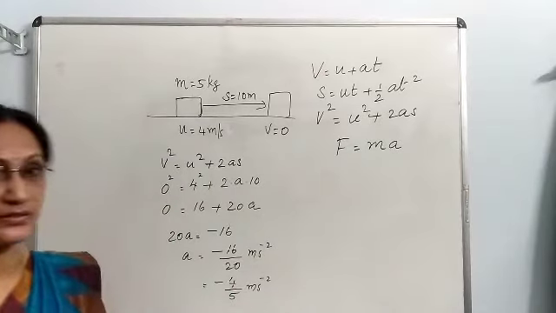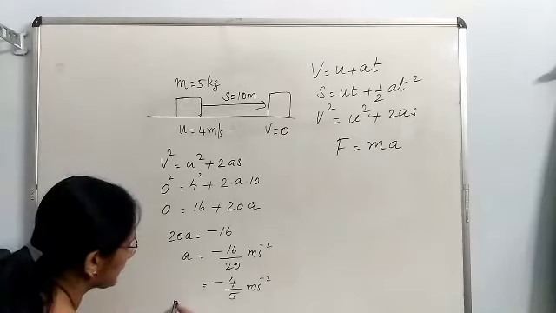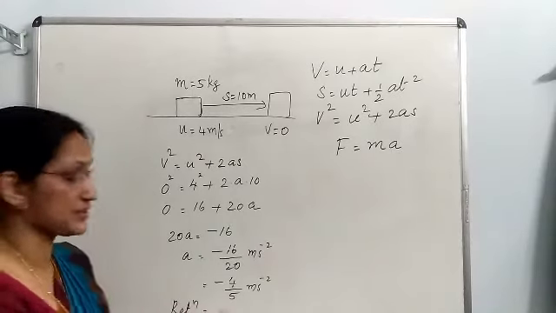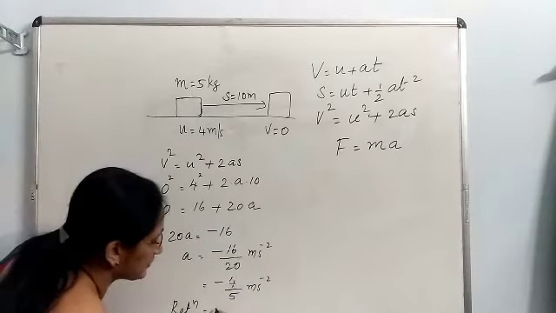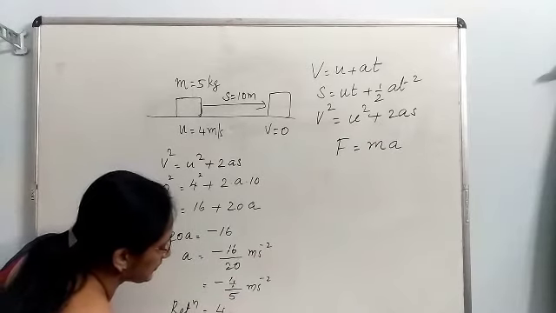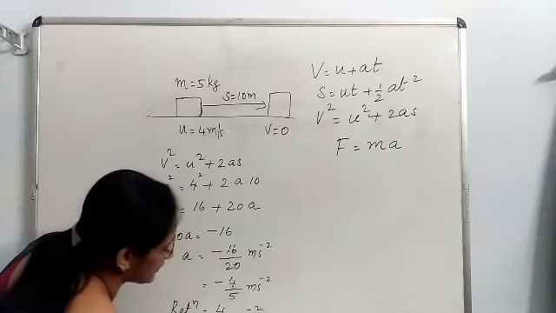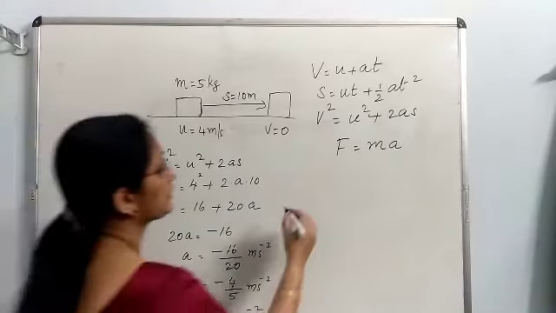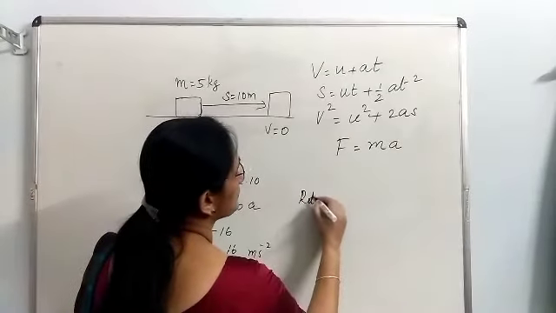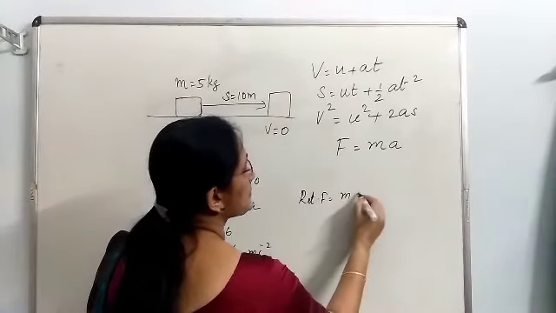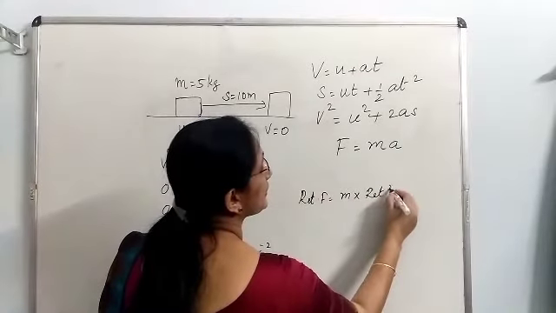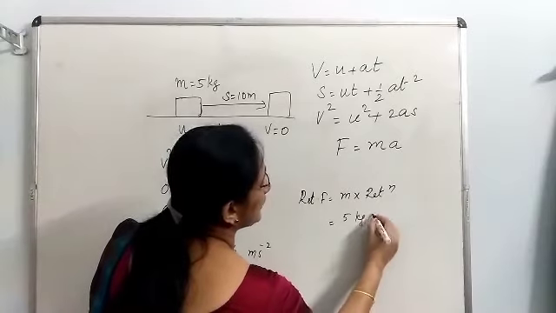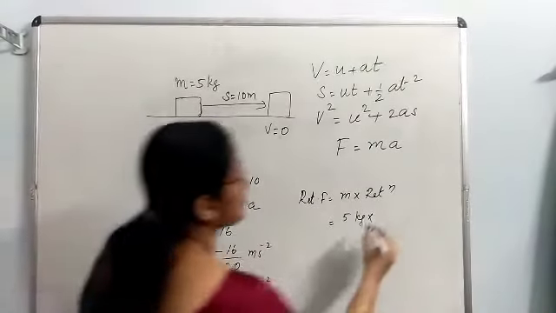Now, how to get the retardation? Retardation is negative acceleration. You have to change the sign of it. That means it becomes 4 by 5 meter per second square. This is the retardation. Now you can find out the retarding force. Retarding force is mass into retardation. Mass is 5 kg into retardation is 4 by 5